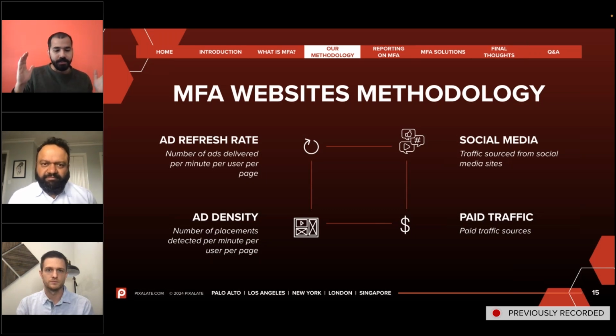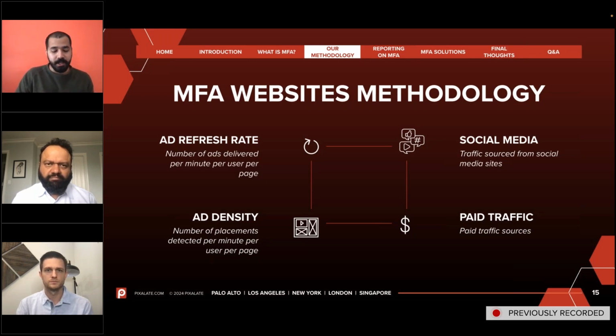So usually what these MFA websites are trying to do is exploit the deficiencies that currently exist in our ad tech systems, right? They're trying to get real users, using techniques like social media, clickbaits, whatnot, and driving them to pages which are full of ads, right? So as soon as they open a page up, they are just bombarded with ads, right? So when you think about this behavior, what are the kinds of signals that you can look at to model or detect this kind of interaction, right?